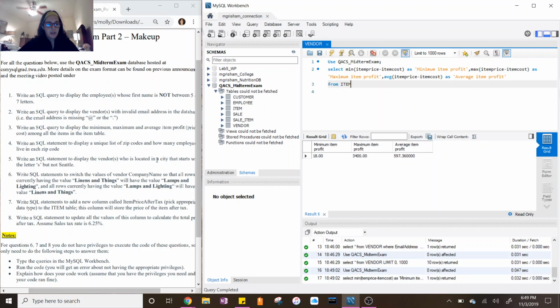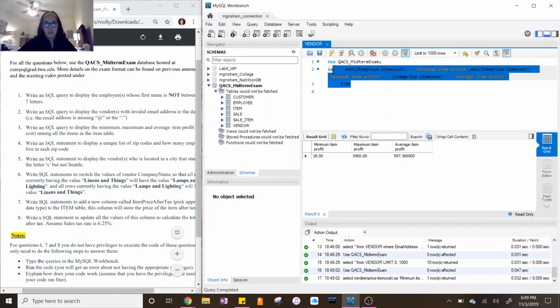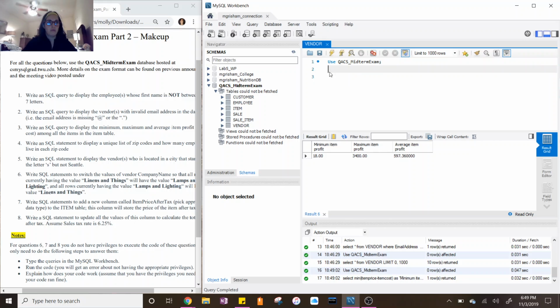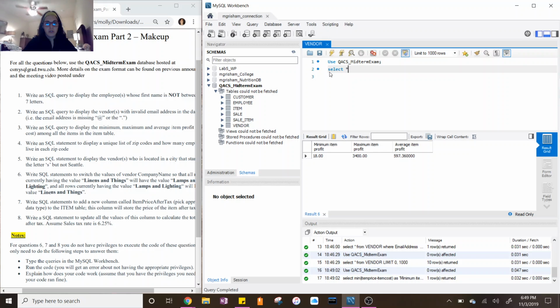Okay, number 4. Write the SQL statement to display a unique list of zip codes and how many employees live in each zip code. Okay. Zip codes. So we'll do select all. Select all from vendor where city like